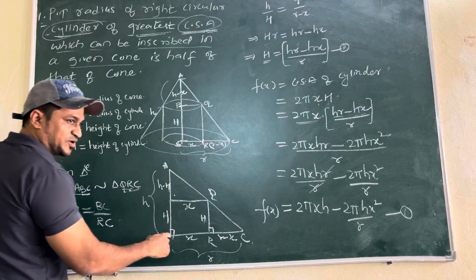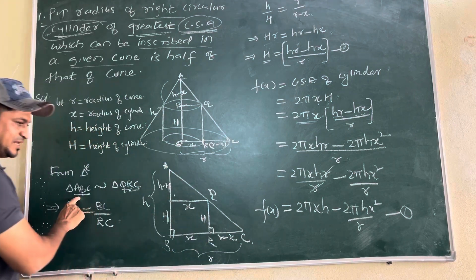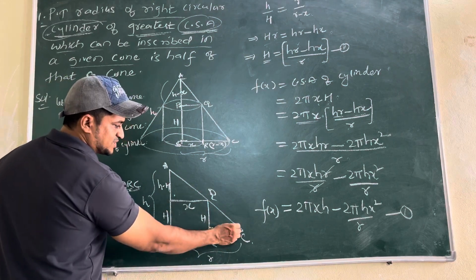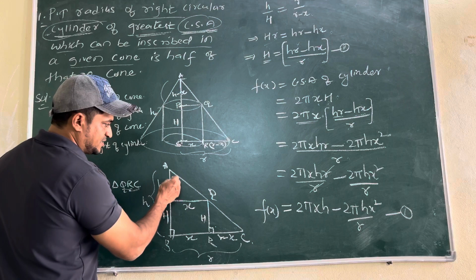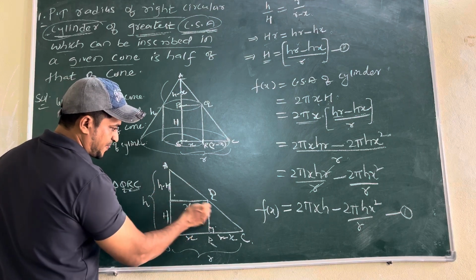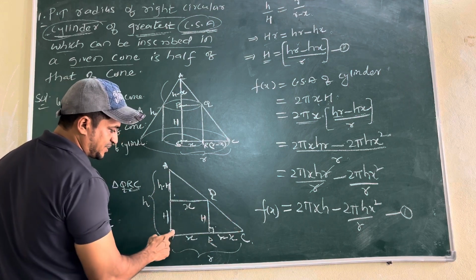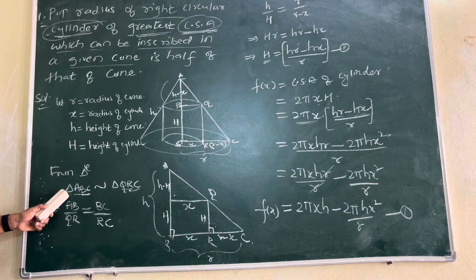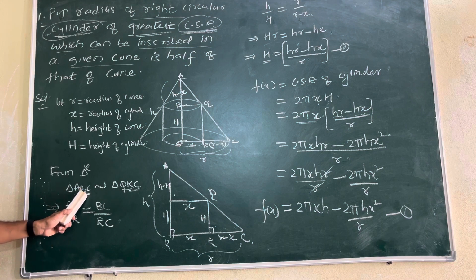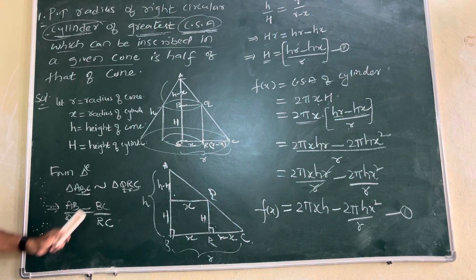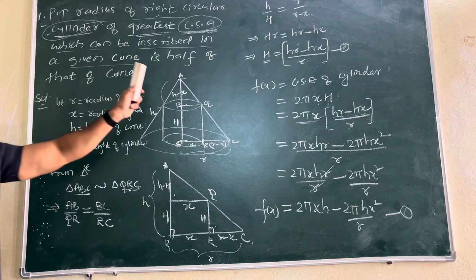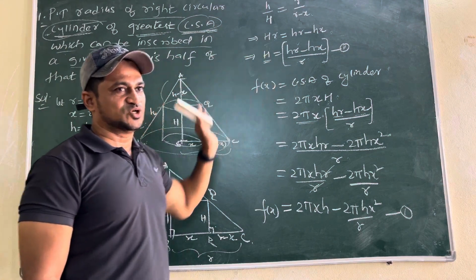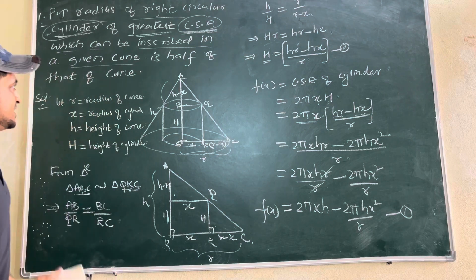Now you can remember the triangles. Triangle ABC is similar to QRC, because this is a common angle, and this is 90 degrees. C is common for both, and 90 degrees and 90 degrees. If two angles are the same, they are similar. If they are similar, we divide the first two sides, BC and RC. After multiplication and all, you need to keep capital H on the left side and the remaining terms on the right side. This you have to remember.